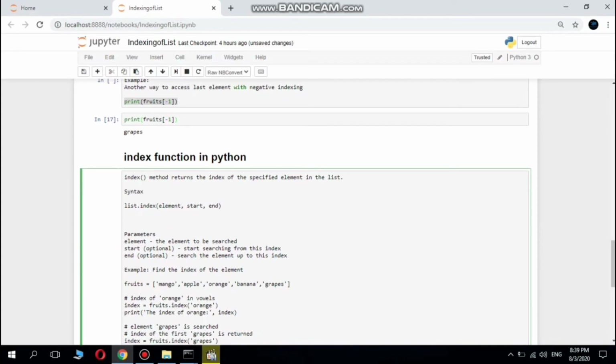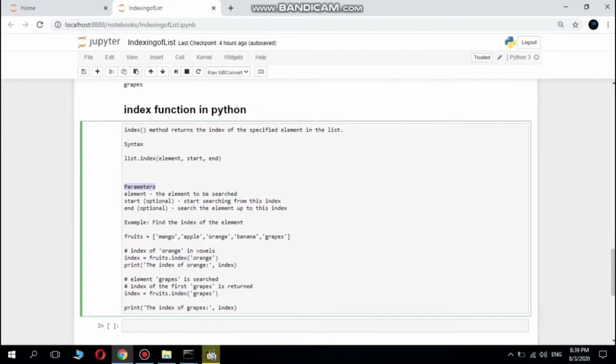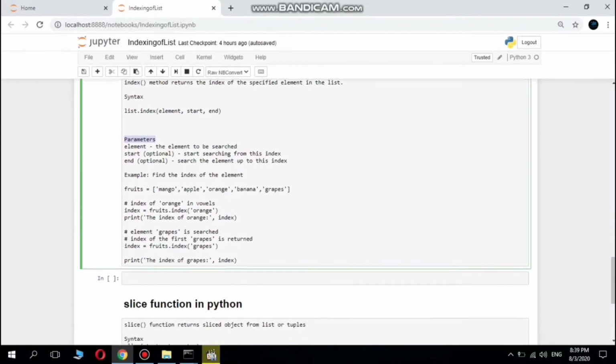Okay, coming to the parameters: the element to be searched, start is optional as I said earlier, and end is also optional. Start searching from this index and search the element up to this index. Let me show you one example. Suppose I want to search for orange, I will call the index function on the fruit list and give the element as orange, and it will return its index number.